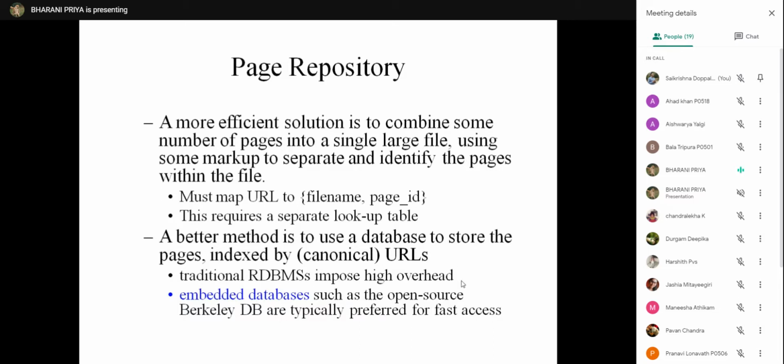So we have seen three methods. One method is downloading the file, and for each file you give a compact URL string as a name. And as that takes more time, we combine a few files and name them with one file name, and we identify each page within that file with the file name and page ID. And the third method is using a database.